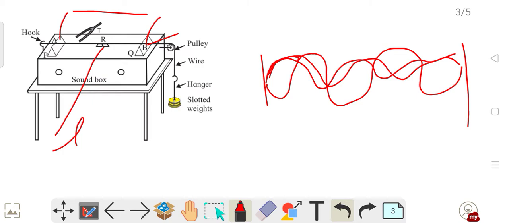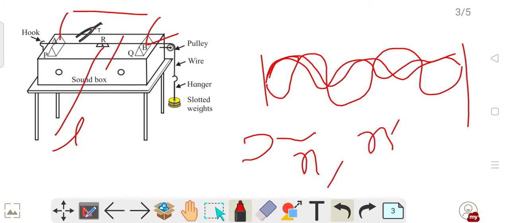Now you see, the wire can be made to vibrate by holding this tuning fork, isn't it? There are two methods to vibrate the wire. I can pluck it from here by my finger, or I can touch this tuning fork here. Now this tuning fork will have its natural frequency, say N, and if it is brought in contact with the wire, this wire will start vibrating with a particular frequency, say N dash. This thing is possible. Now if by adjusting the length of the wire, by adjusting the bridges, somehow I am able to make N equal to N dash,